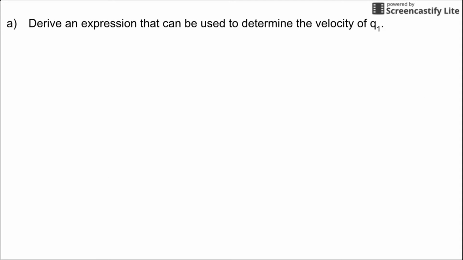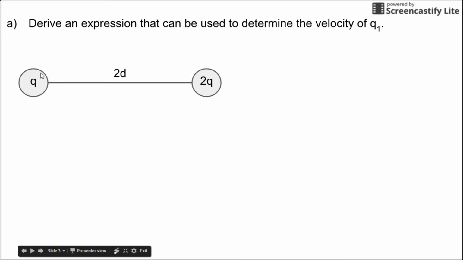Part A, derive an expression for velocity. If you feel you need a better understanding of what's going on, I would recommend drawing a diagram for this problem. So here this diagram shows where the two particles are in relation to each other, as well as their charges. We have Q1 over here with one charge, and this Q2 with twice its charge at this